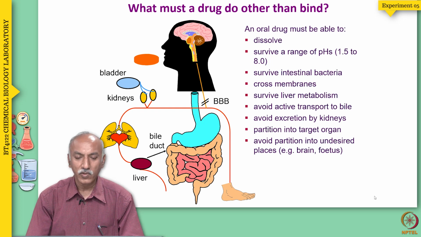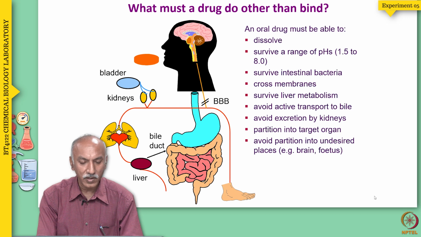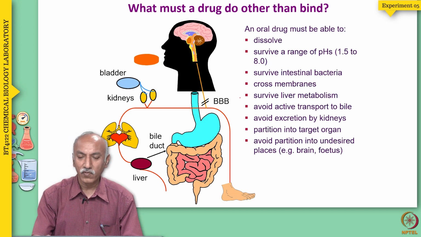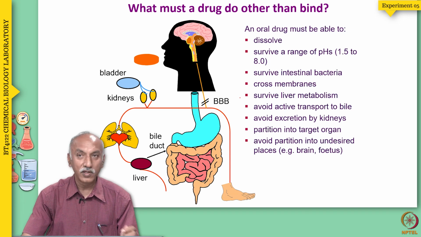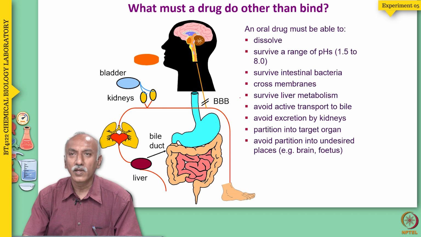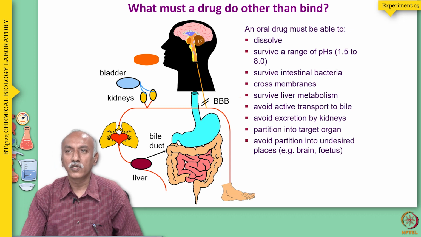So, you have so many things here: kidneys, bladder, bile duct, liver, and of course, if you want to reach the brain, you have a blood-brain barrier. So, we are mostly talking about an oral drug. The oral drug must be able to dissolve in physiological conditions, because it is going through the stomach and